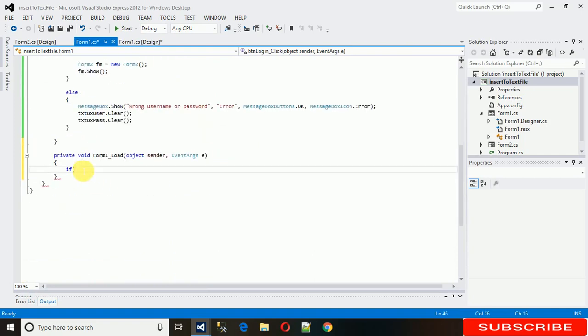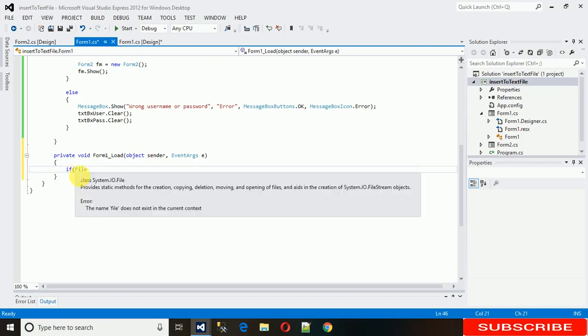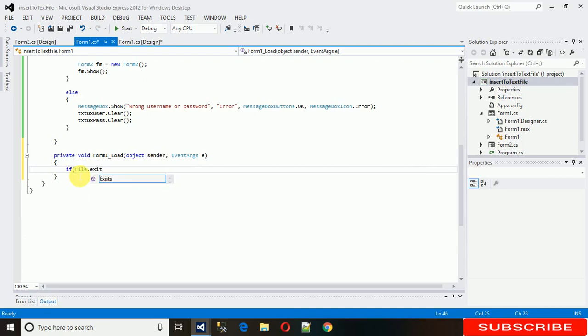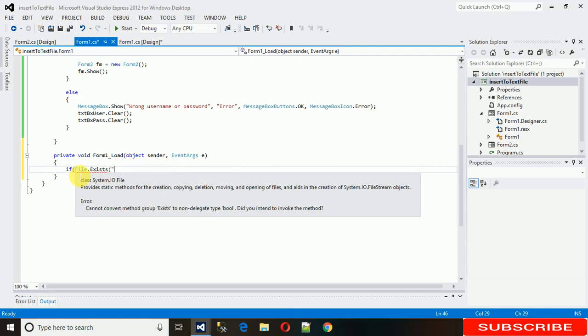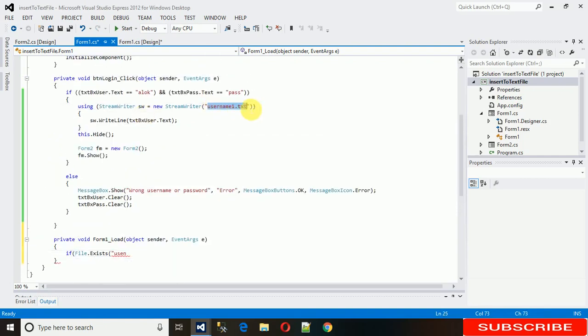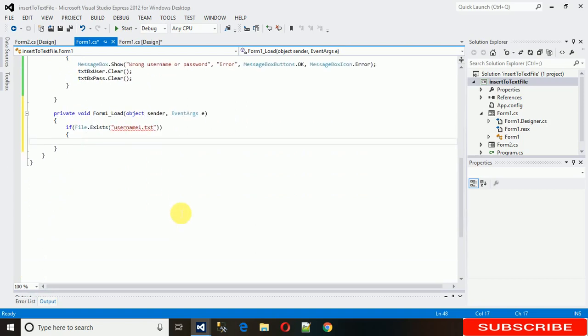So first we check if file dot exist. What file are we talking about? User. Let me just copy the name. We are checking for this file. If this file exists, then what we need to do is